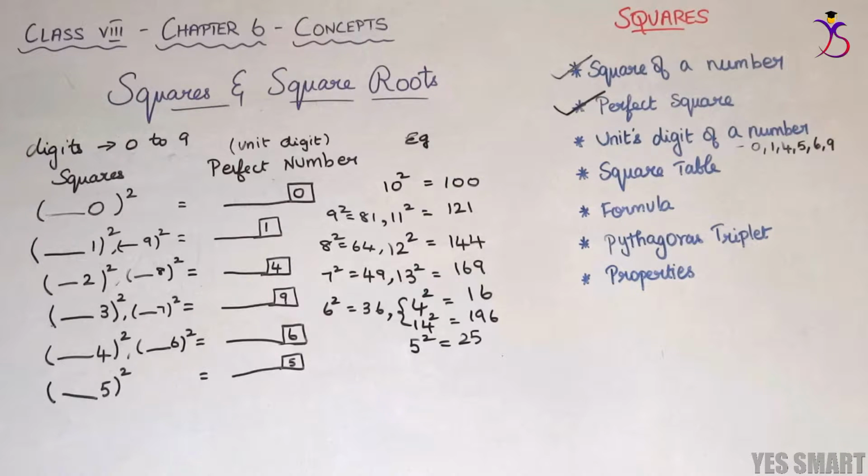For example, 100 is a perfect square number because 10 tens are 100. Similarly, 10,000 is a perfect square number because 100 into 100 is 10,000. However, 1000 cannot be a perfect square number because it ends with 3 zeros. The number of zeros in 1000 is an odd number because we have 3 zeros. 3 is an odd number. However, in 100 and 10,000, we have an even number of zeros. Therefore, they can be perfect square numbers, but 1000 cannot be a perfect square number.